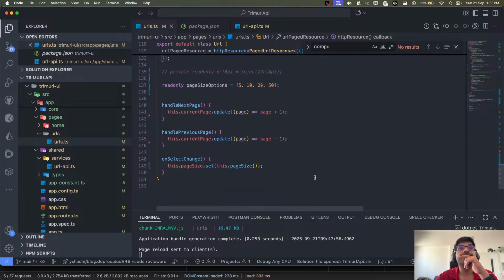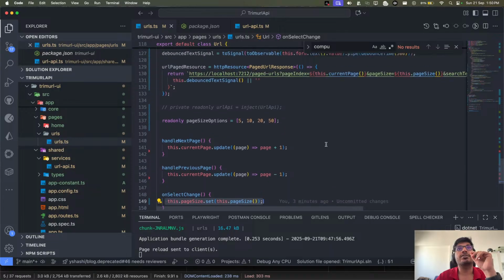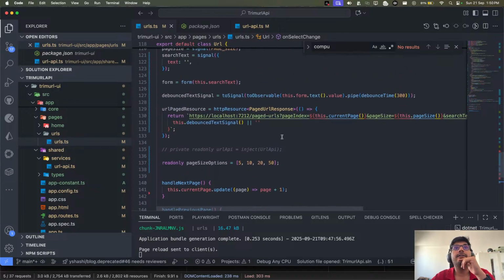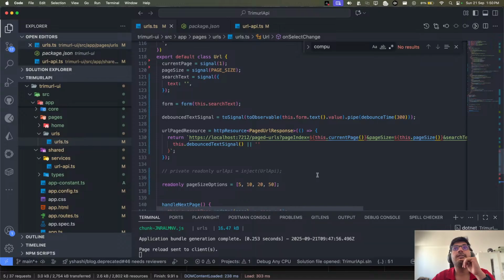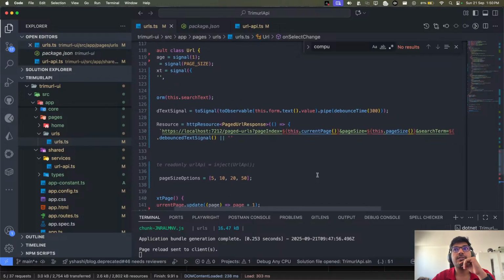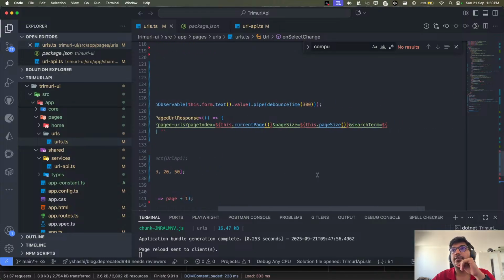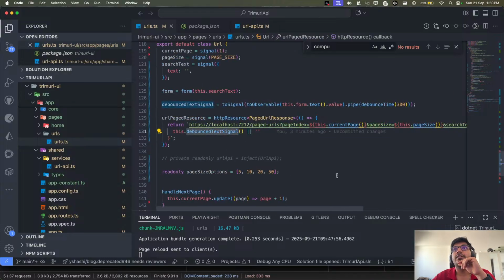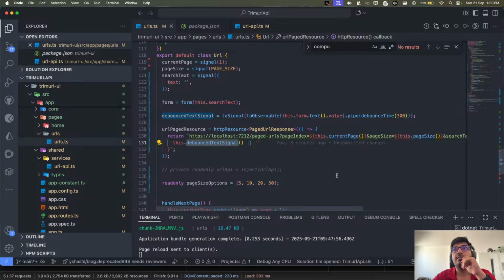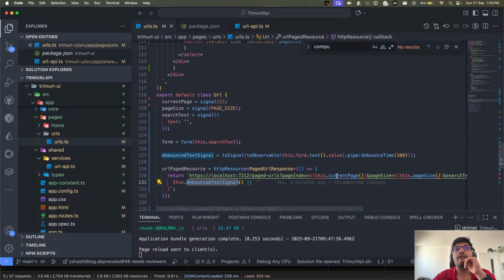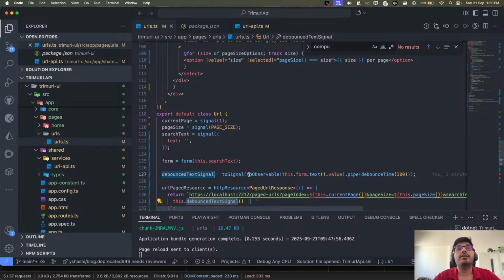So let's see, this is good. This basically sets on change of the selection, and here we have this debounce signal, correct? And when there is a search, we have a search term, we have this where we have prepared this, and now let's see where this is used.